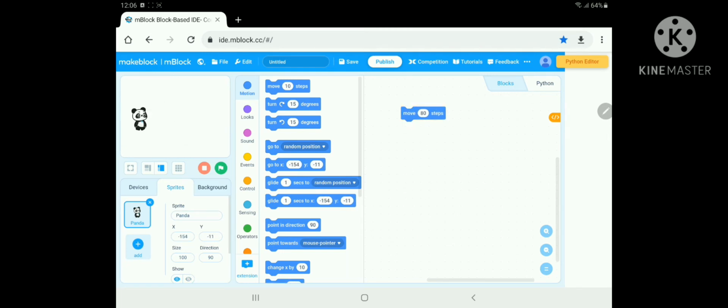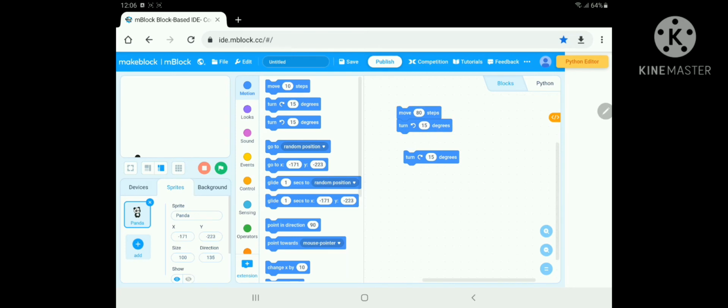Like this, then you can take a 15 degrees turn. If you click like this, see, it is turning. You can take it like this, and you can do like this also, or you can remove this and take this.